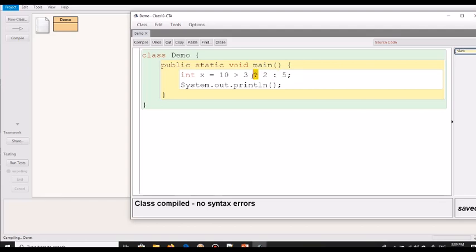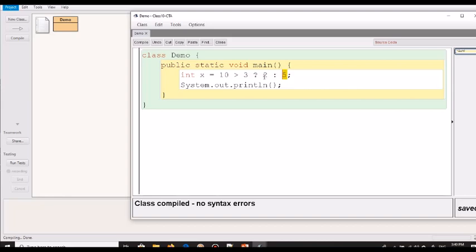This entire expression is basically divided into three parts. The first part is a condition, and if this condition is true, the second part is returned, otherwise the third part is returned. You can see the first part is the condition, the second part is an expression or a value, and the third part is also an expression or a value.